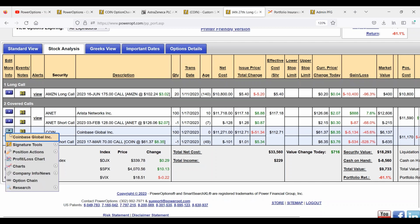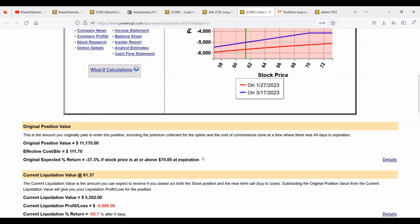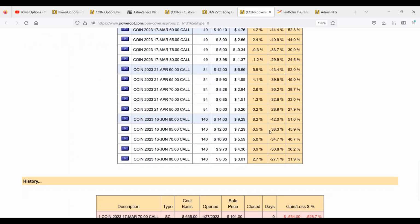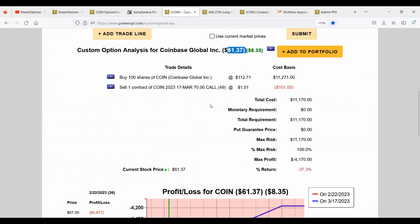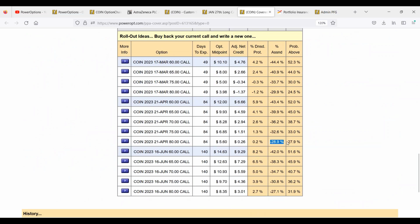So again, I just want to see what opportunities are available, and you can tell as well as I can that even some of these positions, the further out positions, I'm sorry, David, are going to be inflated as well. And why that's a good thing is you could still roll for a credit, but I don't think you're going to see any positive return. But instead of being potentially locked into a loss of 45%, or that maximum loss we saw in the profit and loss chart of 37.3%, we can lower that slightly to these ranges by rolling up, but you're going to minimize the positive credit. You're going to keep a positive credit and increase the potential up to a higher strike price,